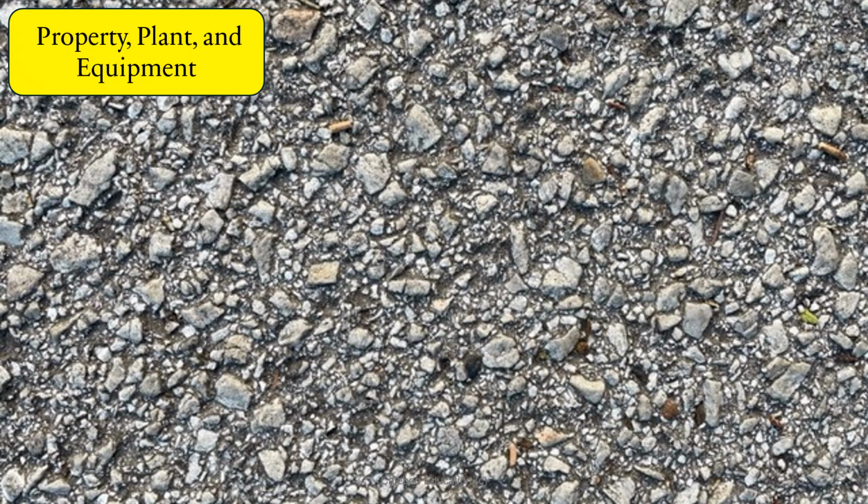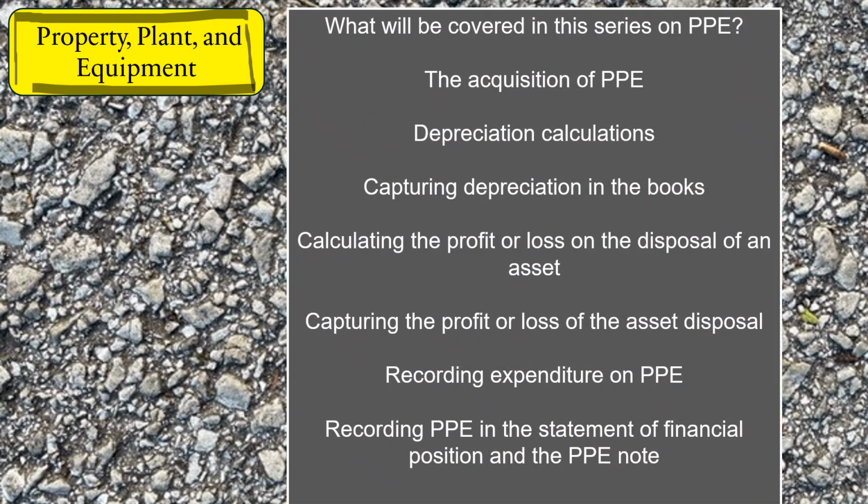But what is the accounting equation? Assets equals owner's equity plus liabilities. In this series, I'm going to be introducing property, plant and equipment, PPE, and what we're going to cover in this series, we're going to cover the acquisition of property, plant and equipment,